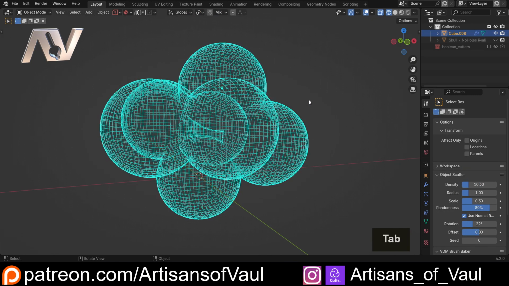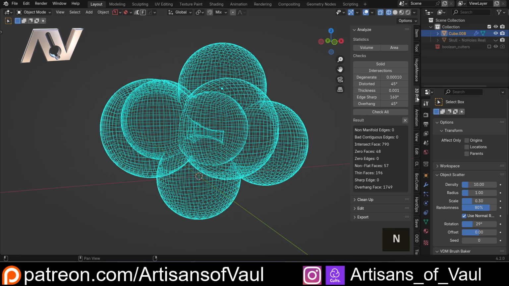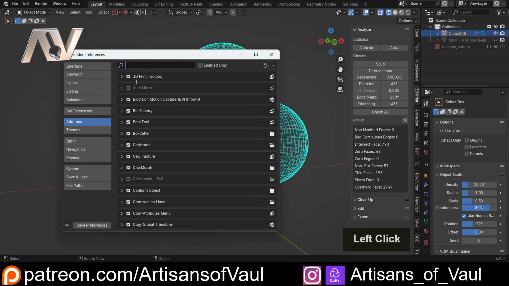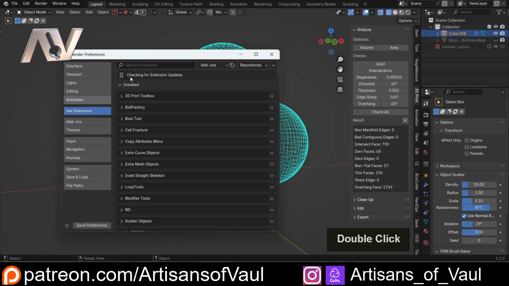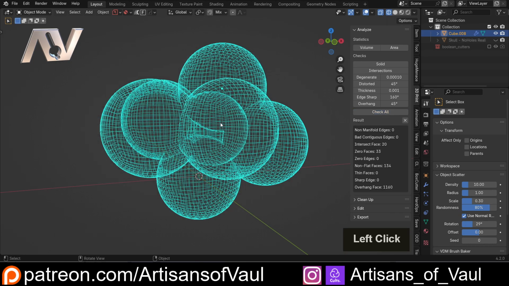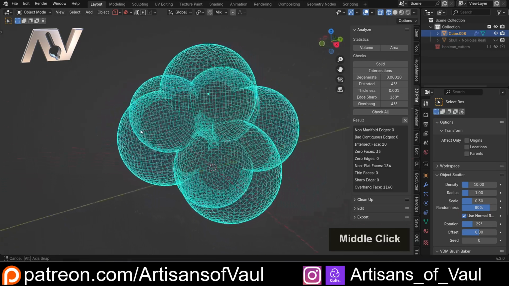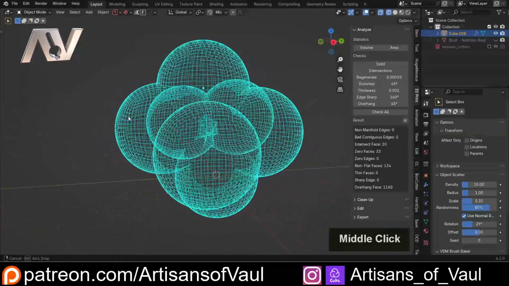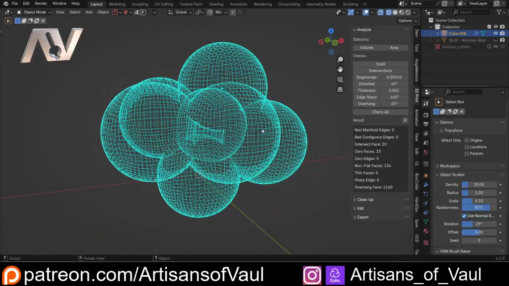The other issue that's worth noting is that if I come to my 3D print toolbox, if you don't have this, just go to Edit, Preferences and type in 3D print toolbox. It will come up and you can select it. If you have got Blender 4.2, you'll need to find that in the extensions and install it first. But if I check these, while this will note down my intersecting faces and zero faces and non-flat faces, it doesn't have something to check internal geometry,